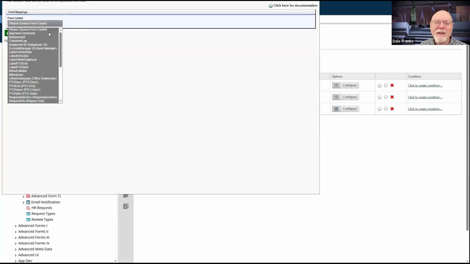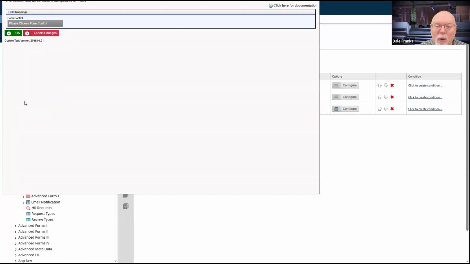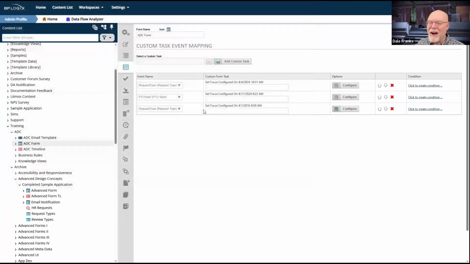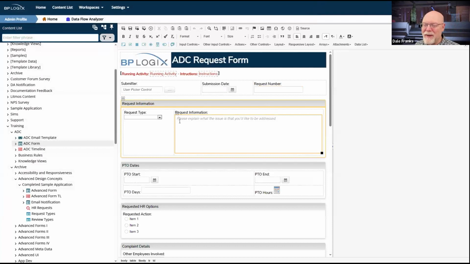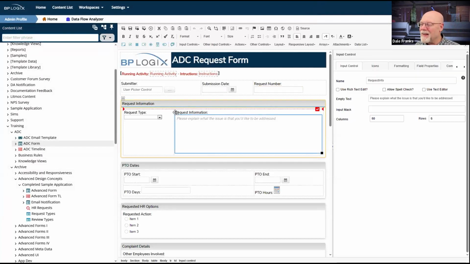And from our request type, we're going to go to, oh, I don't remember what I called that form field. Oh, I didn't rename that date picker either. I don't know what that date picker is, but there is one here and it's going to have to be renamed. I didn't do that right, but I don't remember what. I think maybe it's request info. I think that's the form field. I just don't remember what I named it. That's always a problem whenever you're trying to configure forms. Did I name that request info? Yes, I did. It looks like. Yes, it is request info.